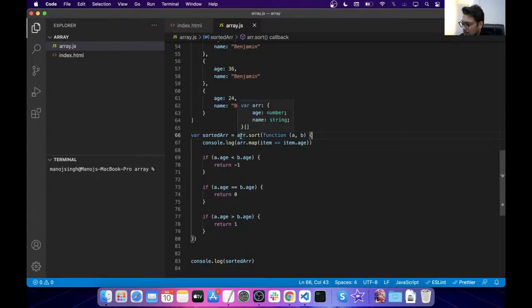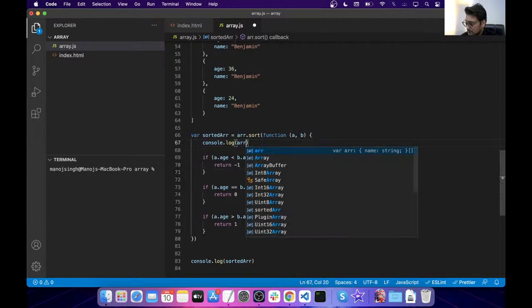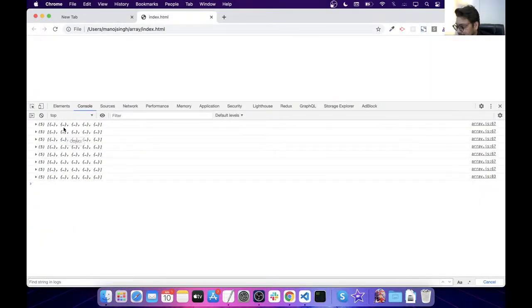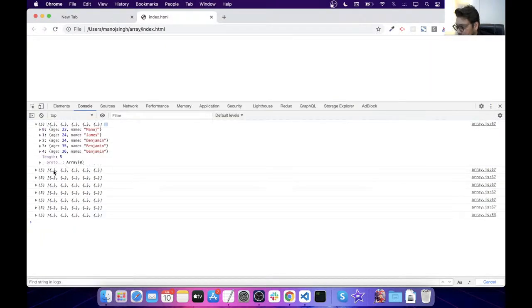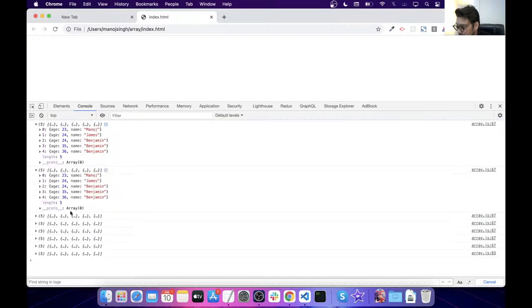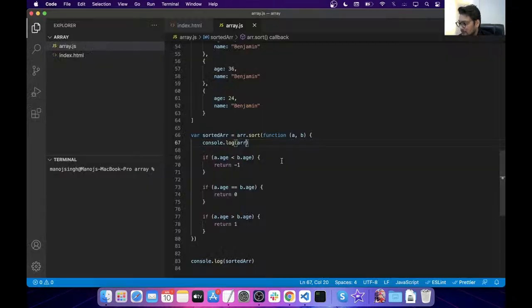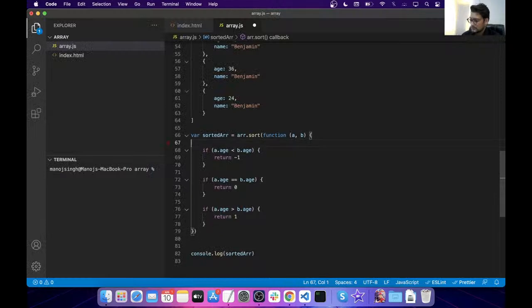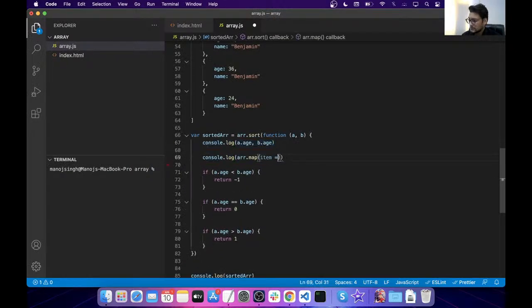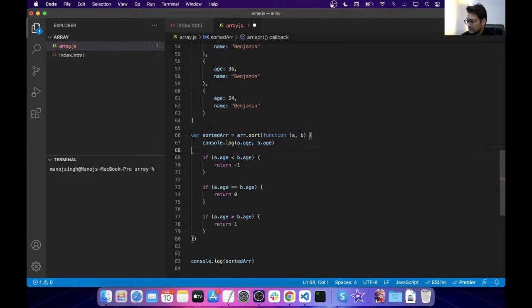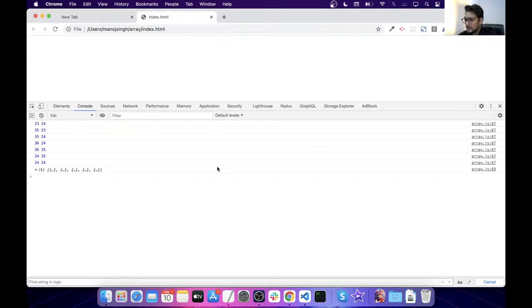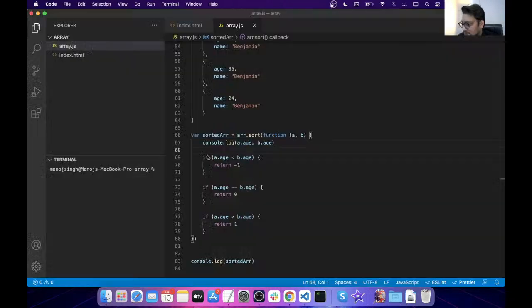Okay, I highly doubt that should have happened, but yeah, it's a shared reference, so right. Okay, so let's go back. It didn't go as planned, so let's not worry about this right now. So we have 25, 24, 35, 23, right? So a dot age,